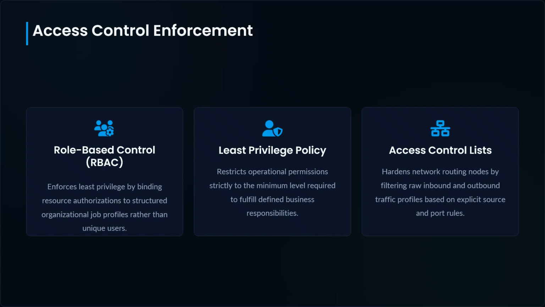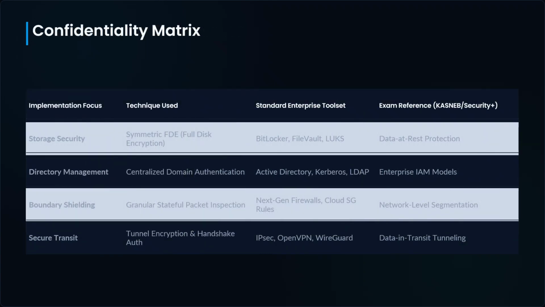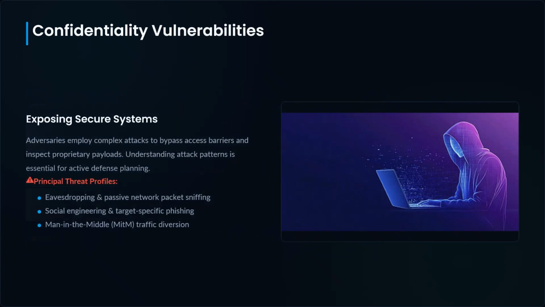Authorization, what are you allowed to do, controlled via paradigms like role-based access control, RBAC, which assigns permissions to specific job functions rather than individual users, simplifying the enforcement of the least privilege and need-to-know policies. Network layer security, access control lists, ACLs, on routers and firewalls filter traffic by source/destination IP addresses or port numbers, creating strict network segmentation to ensure unauthorized users cannot cross into sensitive zones.